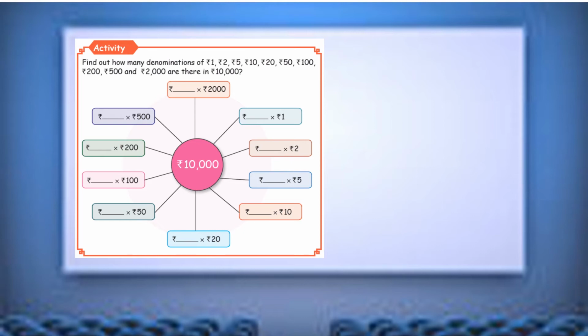Denomination sums also we have already done in 4th standard. So everything in math is a continuation only. So don't forget anything. Clear? Just to have a glance here. So let us start with rupees 1.